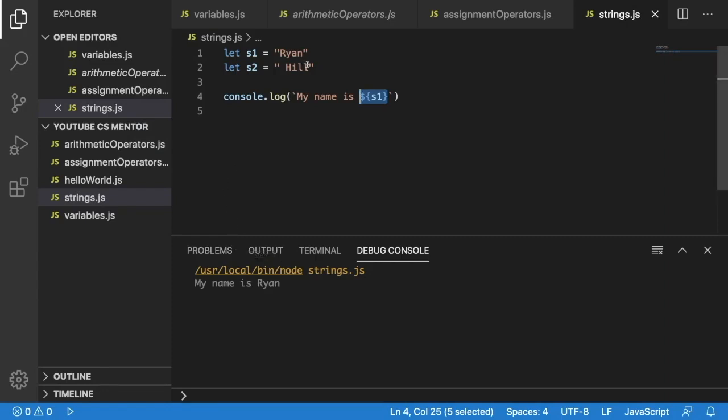For example, we could change this S2. Rather than using Hill, we'll use James. You could put whatever you want in here, but just know that you can use multiple variables in the one string template. So we could have my name is Ryan and my best friend is. Rather than writing James, which we could do, but we want to use our S2 variable,